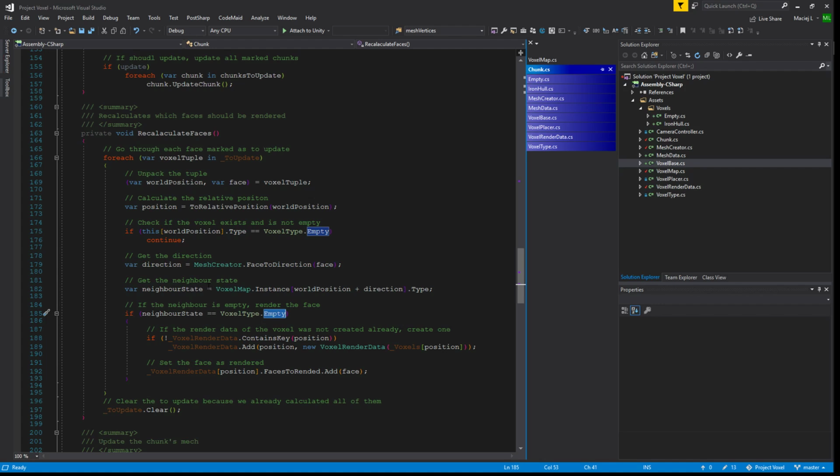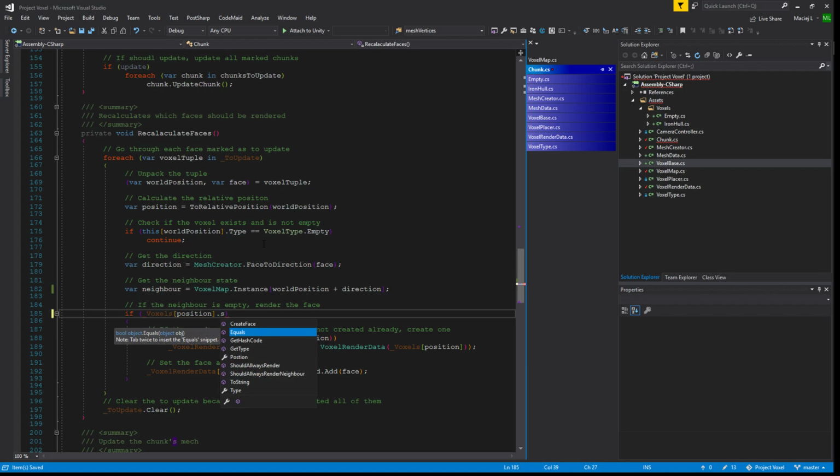So we need to get the neighbor, okay, and we need to check if voxel, so voxel's